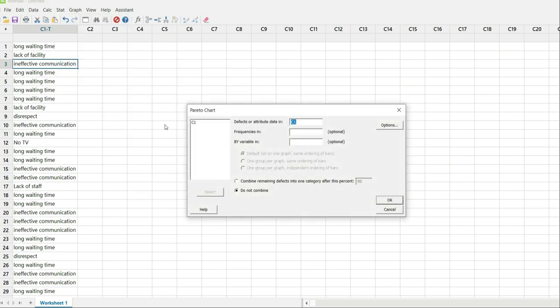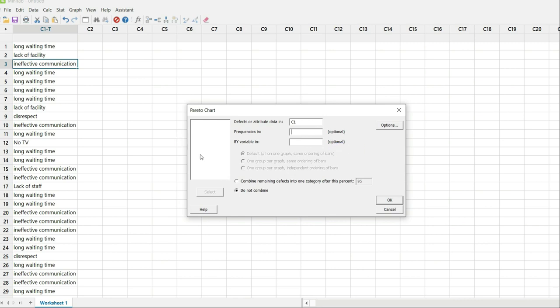Yes. So if you click Pareto Chart, we get this pop-up window. Here, what we need to do, I will just remove this. This is the old one. So what is C1? C1 means the column 1 variable. Here I have only one variable. This is the reason for patient dissatisfaction. It is in column 1. So just click column 1, then select. It will move to the right side into the first box. No need to choose anything in the second box and third box because both are optional.